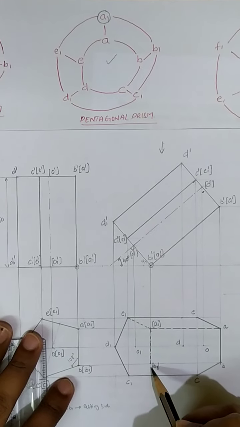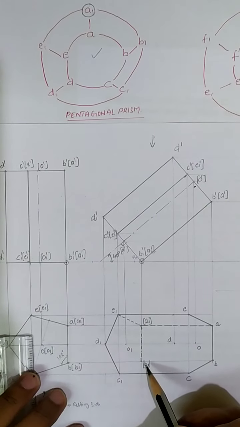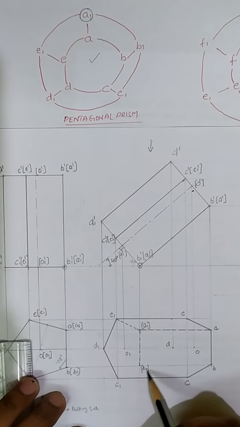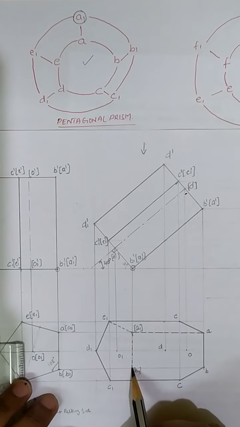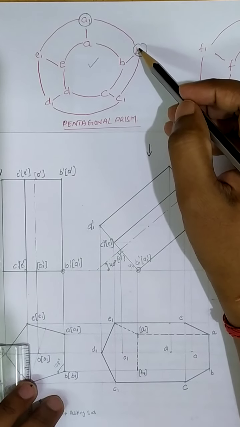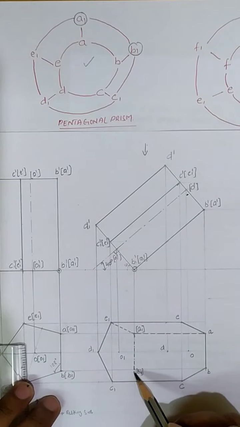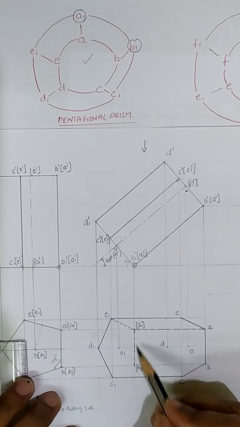Now we go to another hidden corner. Here we are getting two. In case of a square prism, we got only one. So this is the second hidden corner that I got, B1. With respect to this B1 again, I need to have three lines. Which are those three lines? B1 to A1, B1 to C1 and B1 to B. How many lines are there here right now? Only one line is there, that is B1 to A1.